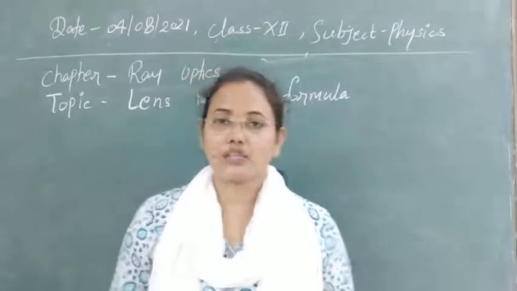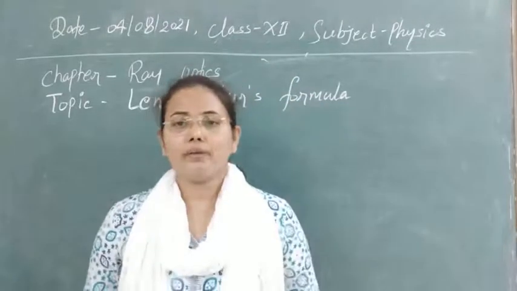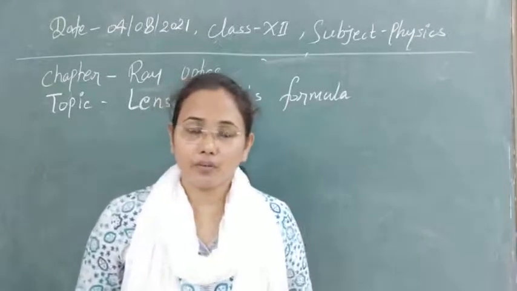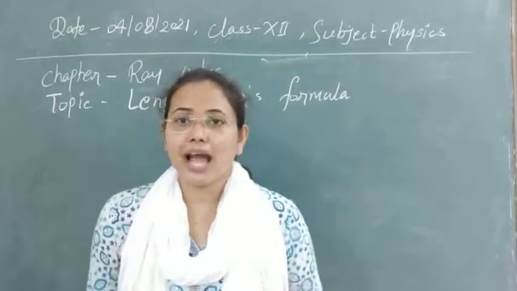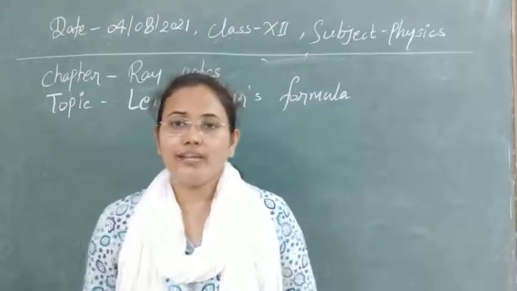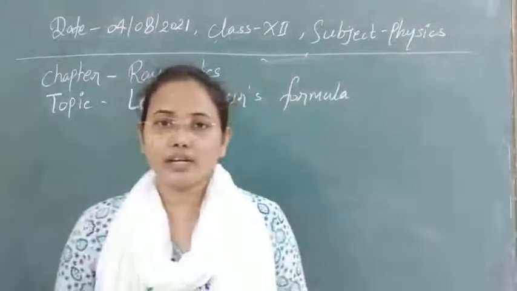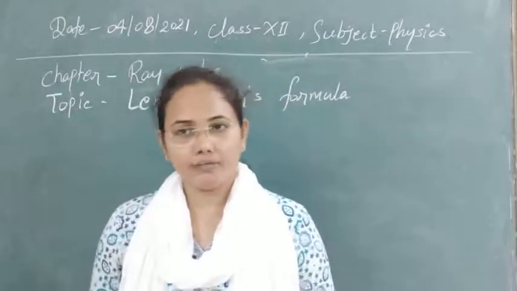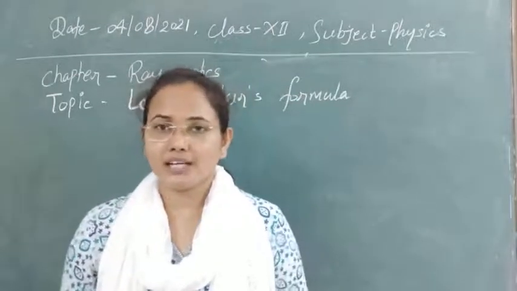So let's start to discuss the new concept here, that is how can we make the lens, what kind of formula we are using for that, how thin or thick a lens we have to make. All of this we do by using the lens maker's formula. So let's discuss now what the lens maker's formula is. We will again start with its formulation by using geometrical optics.